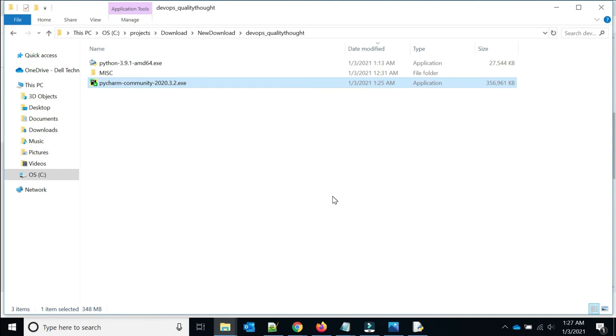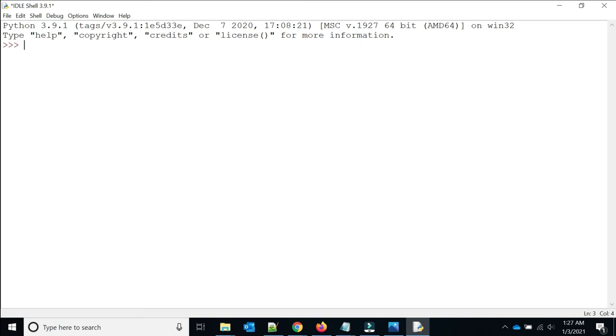So before going to PyCharm, first we will see how to write the code in IDLE. So this is our IDLE shell. So here you can write 2 plus 4, okay, and you got the output.